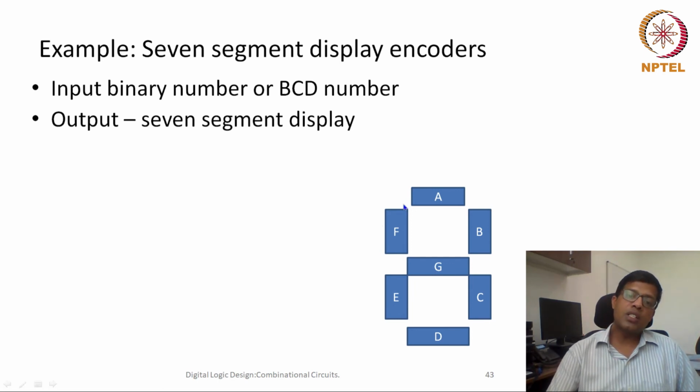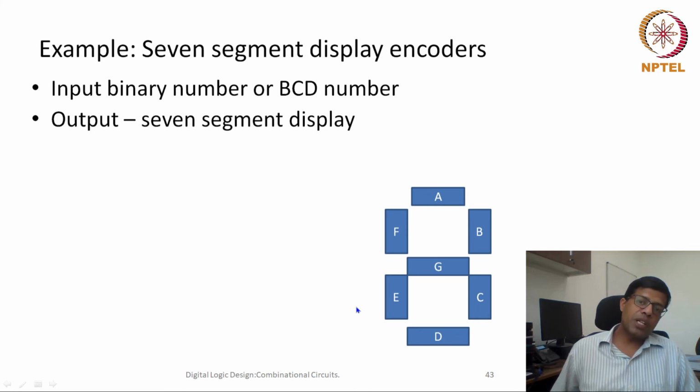Correct? G is one of the letters which cannot be written, but many other letters could be written. H is there, I and 1 again will have some confusion. So we can write it using either only C or only E. Many such letters could be written using this 7-segment display. Let us say that this 7-segment display is used to display the 10 digits we have: 0, 1, 2, 3, 4, 5, 6, 7, 8, 9.